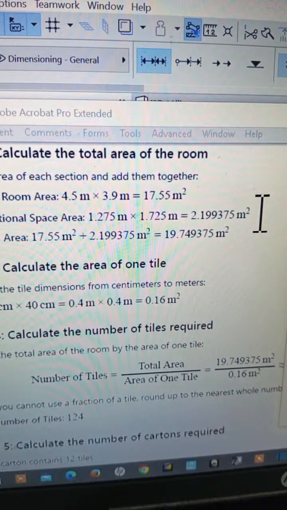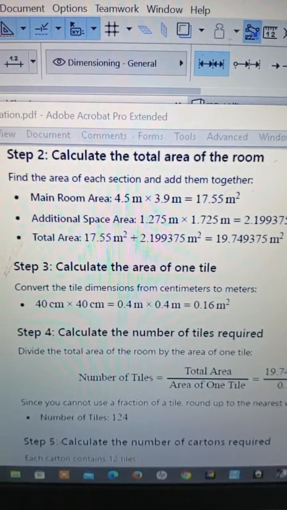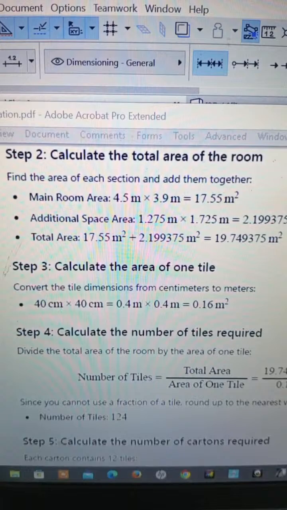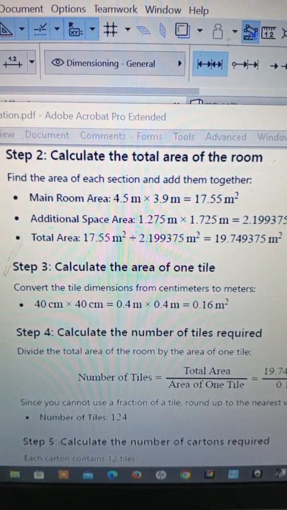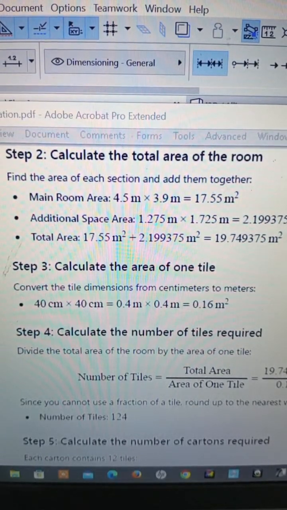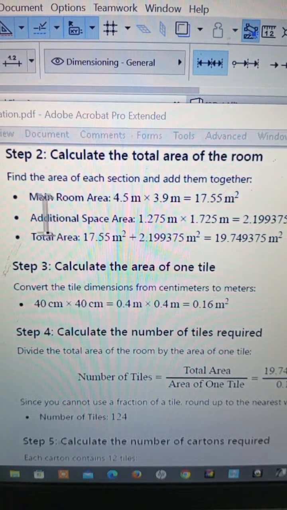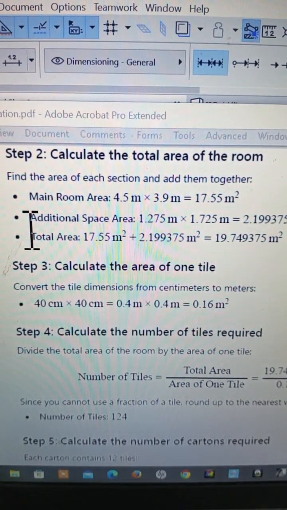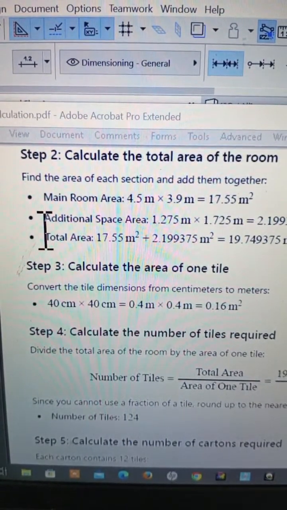2.199375 meters square. Now the big question is, why are we allowing the long decimal? If you convert the decimal at this point, you may have excess or less, so it will not be accurate. So at this point, don't break the decimal, leave it as you have. If you have done that, the next step, still in step 2, calculating your area,